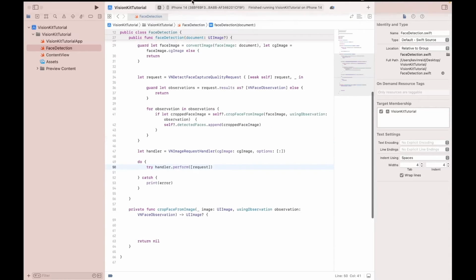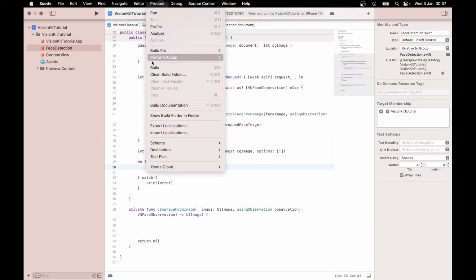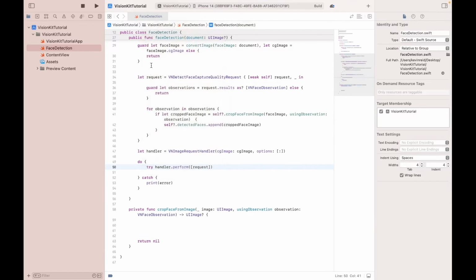I'll just compile it now just to see if there's any errors. Just compiling at the moment. It's compiled. So the next thing we need to do now is to